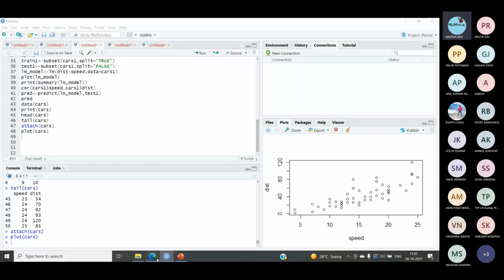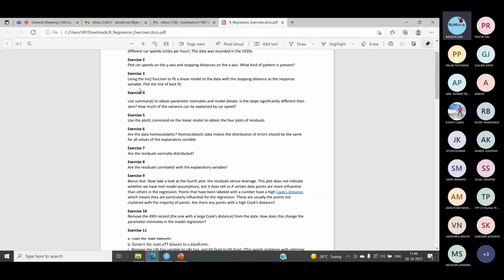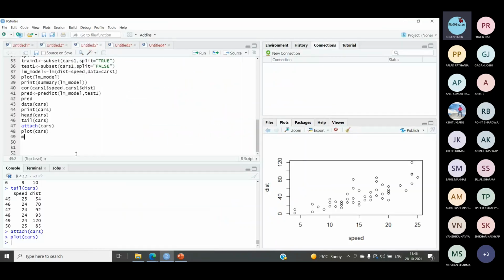Let's proceed towards the next exercise. It says using the lm function, that is the linear model function, fit a linear model to the data with the stopping distance as the response variable, and plot the line that best fits it. So it's simple. It is simply asking for creating a model. Let me call the model M2.